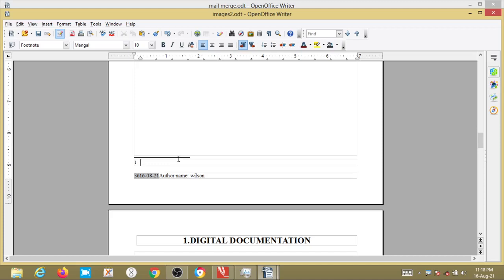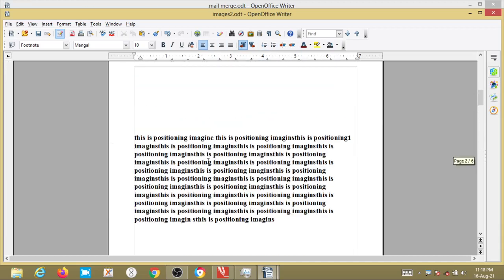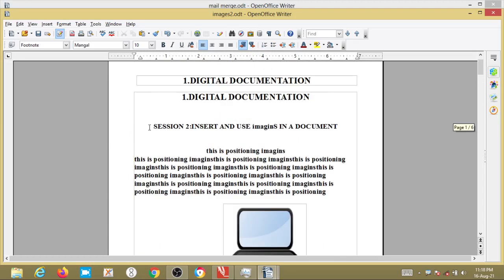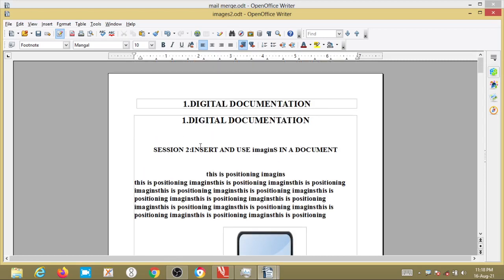Now we will go to formatting text. As I said, formatting means we are doing certain modification to the existing text. There is a separate format toolbar below the standard toolbar. In this, what are the steps to make the text bold, or to make the text italic, and to underline the text?